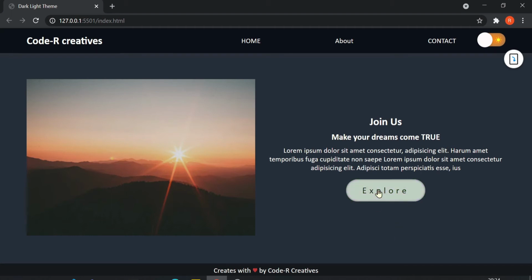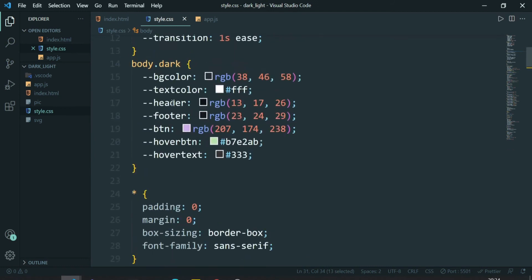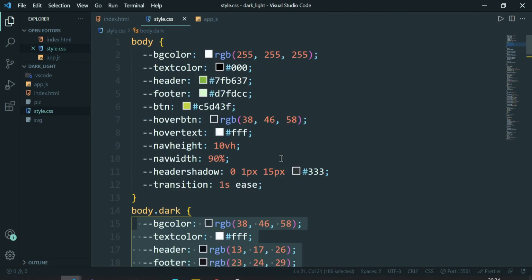The colors which we decided for the dark mode are now being displayed instead of the colors which we defined for the light mode. And this is how super easy it is to use CSS variables and add a dark theme switcher on your web page or website, anything.